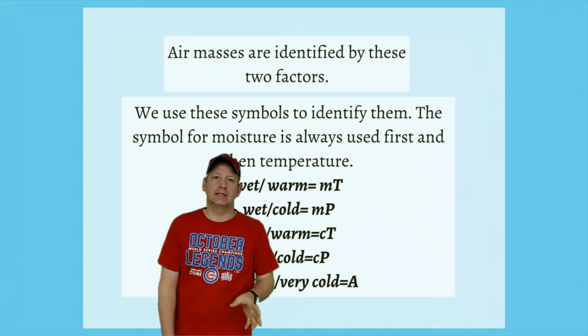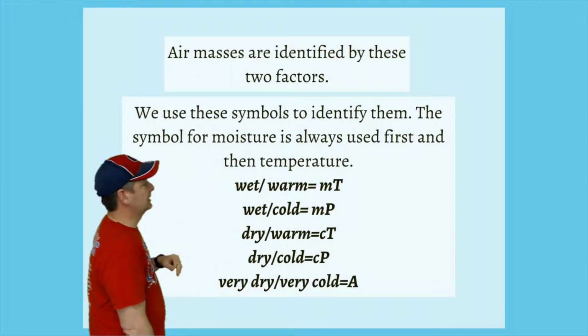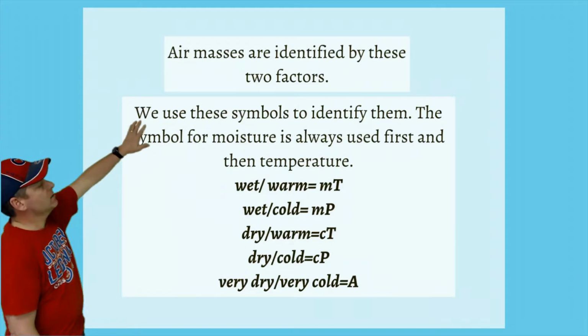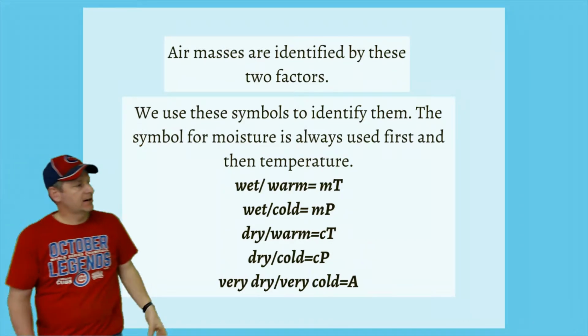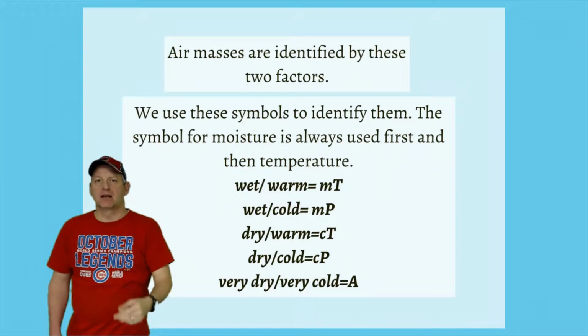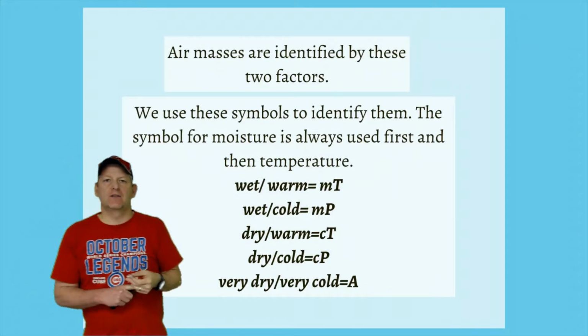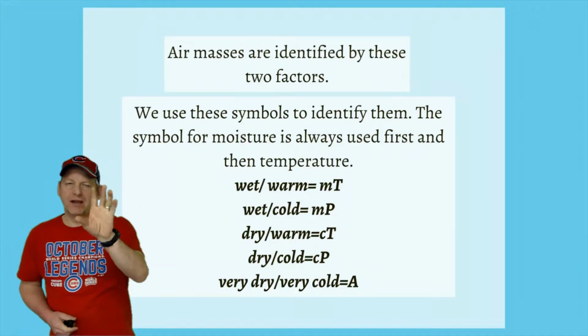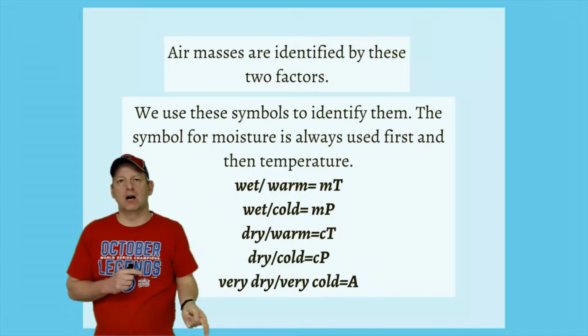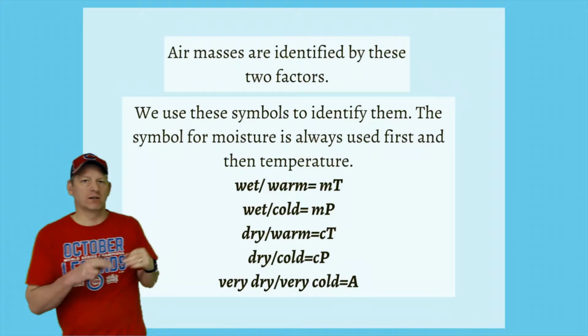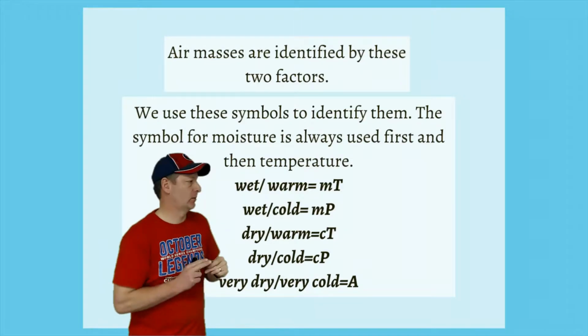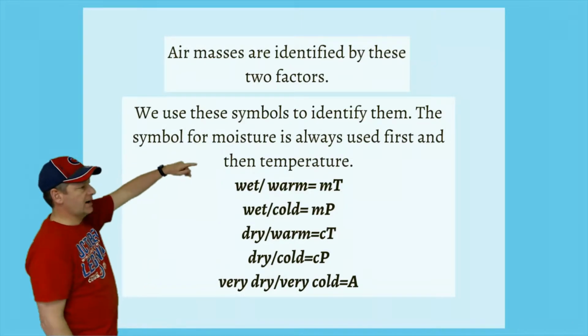So let's take a look at this. We're going to identify some air masses here. So an air mass is identified by two factors. Okay, we need to look to see what the air actually is. Is it wet or is it dry? And is it warm or is it cold? And these are the symbols that we're going to use. Okay, so if we have wet